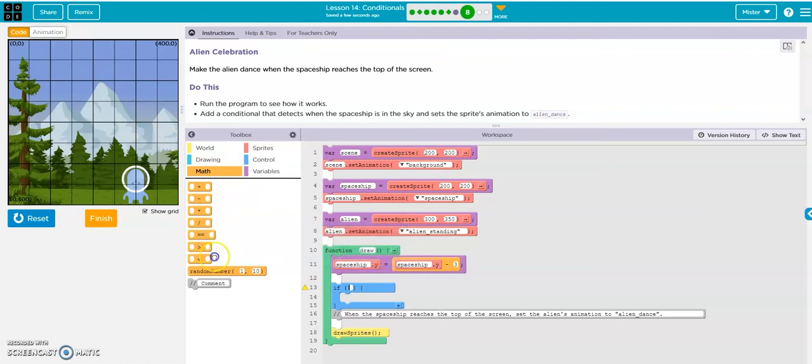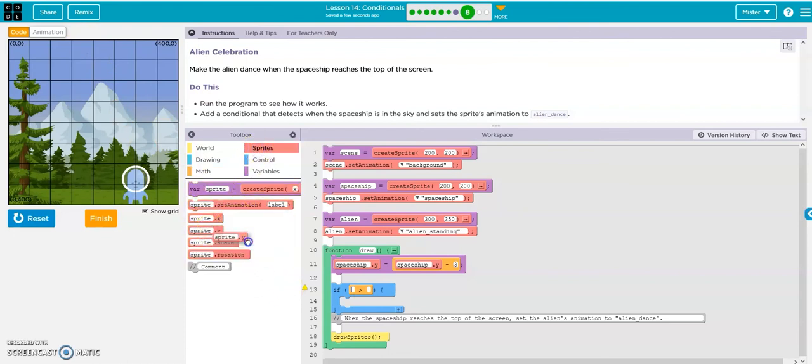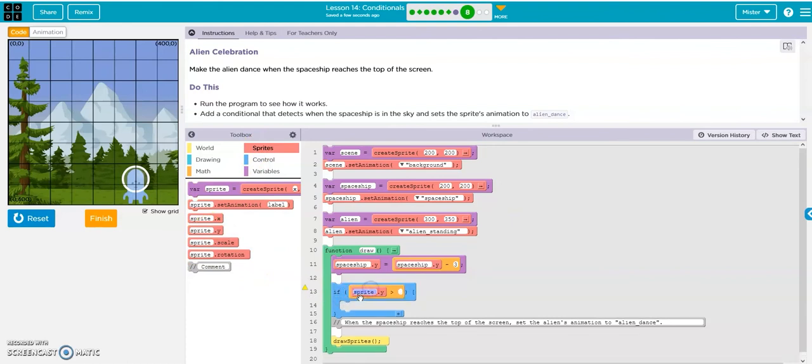If it gets less than 0, meaning it goes past that 0 on the Y. Okay, so if the spaceship hits less than 0, meaning beyond this line,